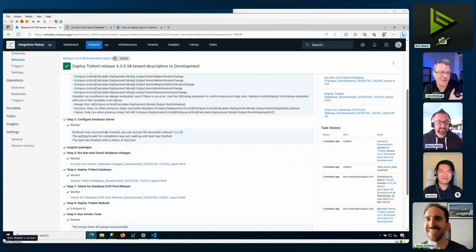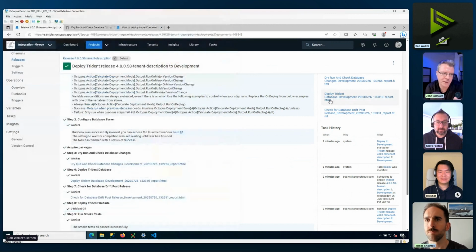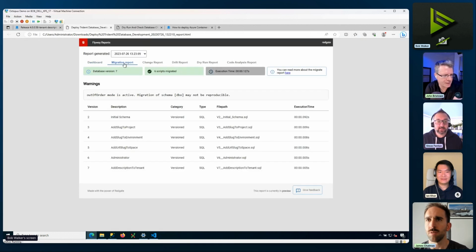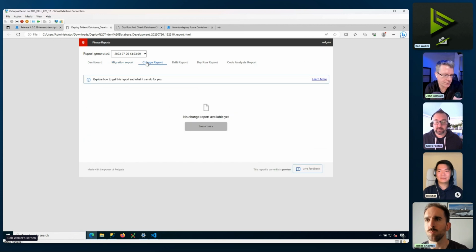But that's nice. So you can do a dry run here to do schema comparisons, validate that everything looks good, and then if and when you're ready to do a deployment, you can validate that. So this is basically the deployment itself for migration. You can see the migrations based on the various versions you have there, which are listed. So version 2 to 7, as you can see, the change report, which is not available, and